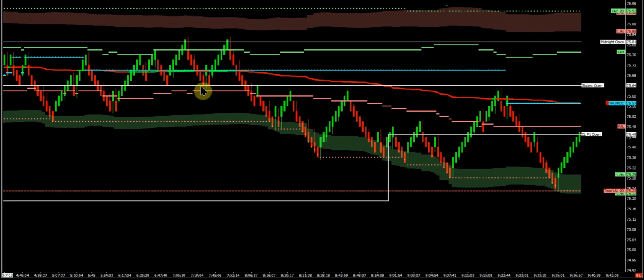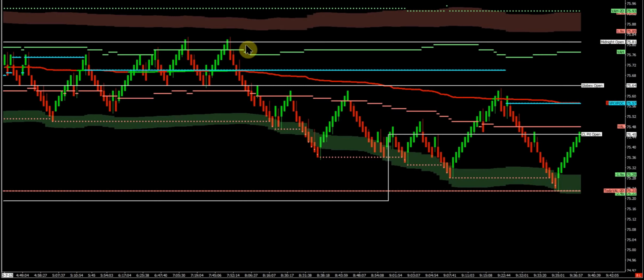Just bouncing between Globex and midnight open, or more importantly, value area high, value area low. It's bouncing back and forth. Okay. Now, once you broke out of this little range, then you'll be okay. But it has nothing to do with moving out. I mean, you can use moving averages to support your decision making. But I would not use